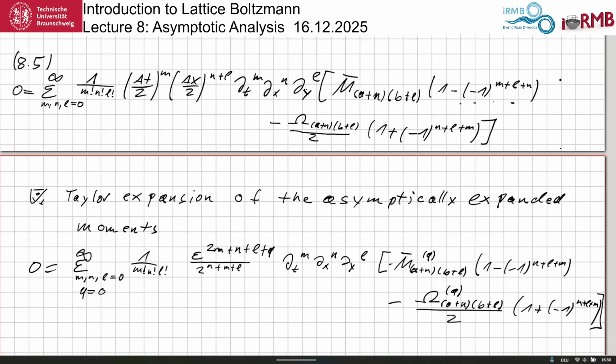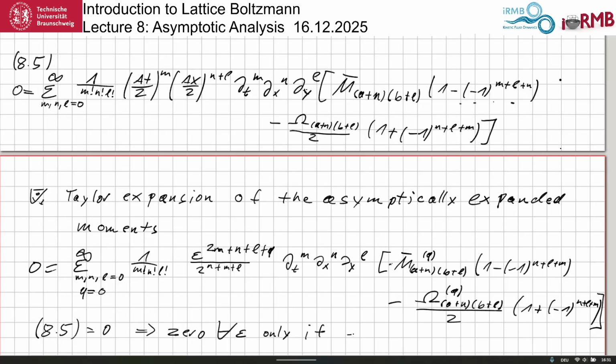Koeffizientenvergleich auf Deutsch. So the idea is the following. This equation 8.5 or 8.5b, if you like, is equal to 0. And this is supposed to be 0 for all epsilon, because we did not specify epsilon other than it is small, right? So then this will only